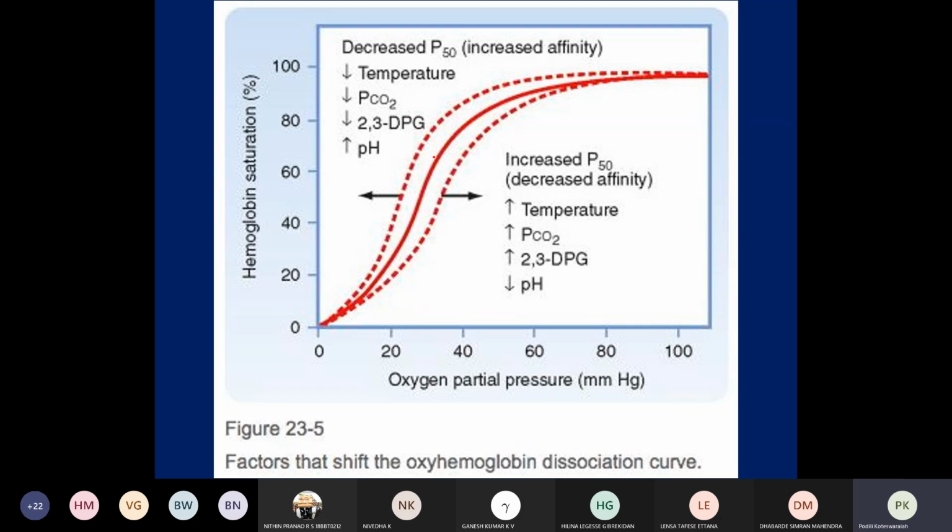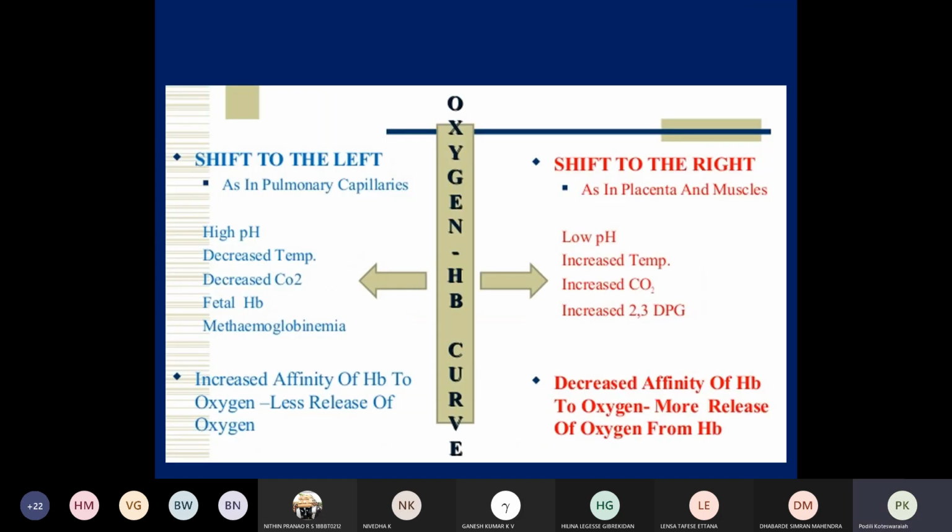You can see here that the temperature can also influence the affinity of the hemoglobin towards oxygen. So now, we have already seen that